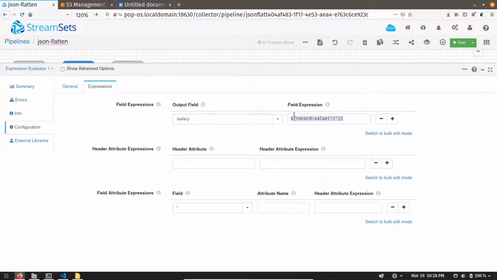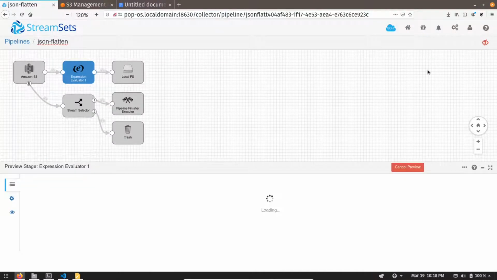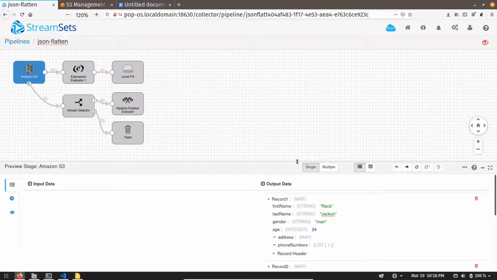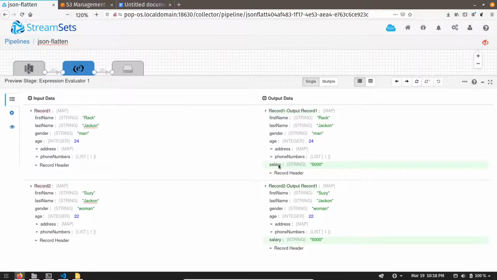Let me give salary as a constant 5,000. That's it. Let me preview. If I select expression, you can see it has added salary as 5,000 in each record.